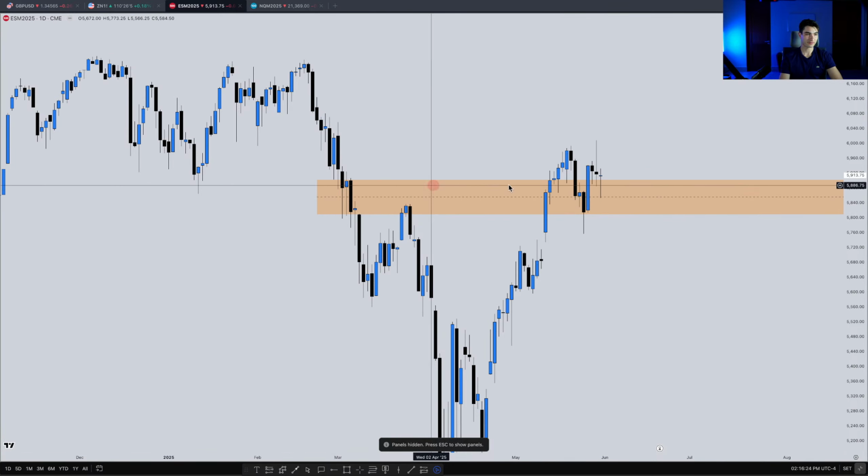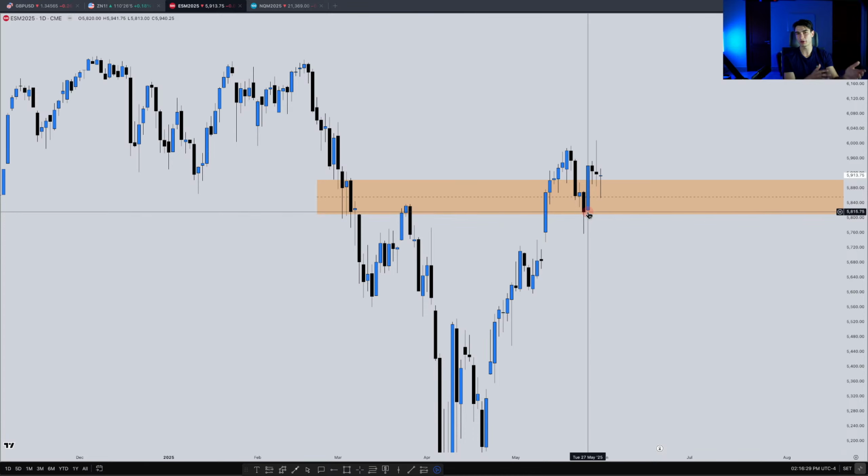So weekly fair value gap extended through the entire week. You'll see on Tuesday, or when we opened on Monday, since it was a bank holiday, Monday and Tuesday's candle merged into one. A little strange, but this is Tuesday's candle, but also Monday's action. So we're at the low of that weekly inversion fair value gap, and the market did what? Quickly displaced higher and traded outside that range.